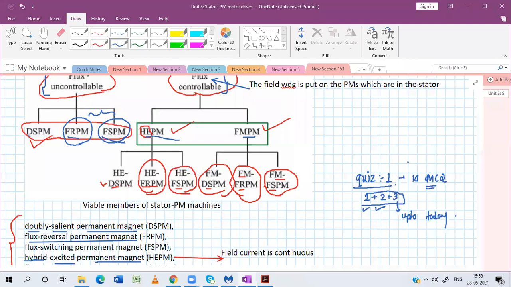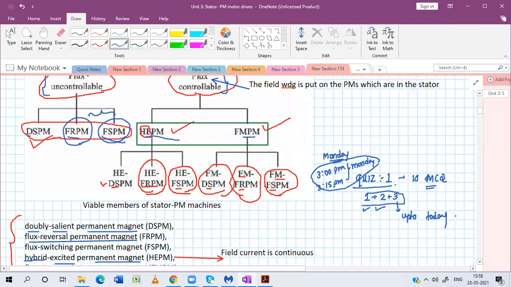Akash, no issue. Tomorrow I will create the quiz, and the time will be on Monday in my lab slot. You have to attempt this quiz from 3 p.m. to 3:15 p.m. on Monday. I will create the quiz, but I will open it at 3 p.m. Is it clear? So you have Saturday and Sunday for the preparation.